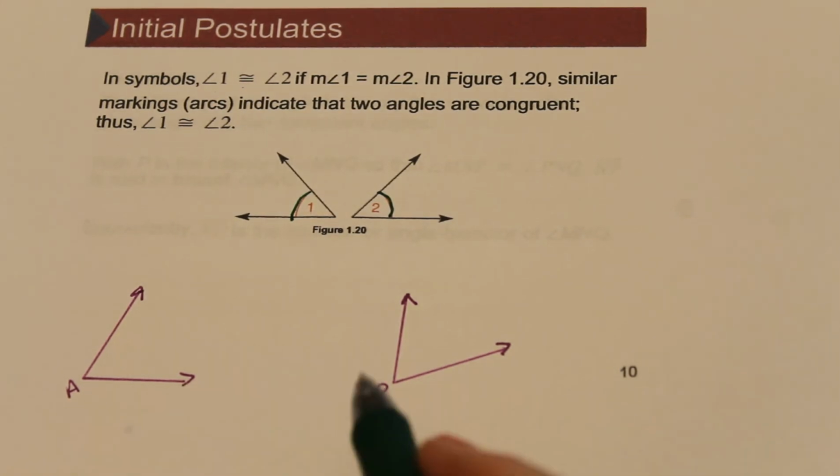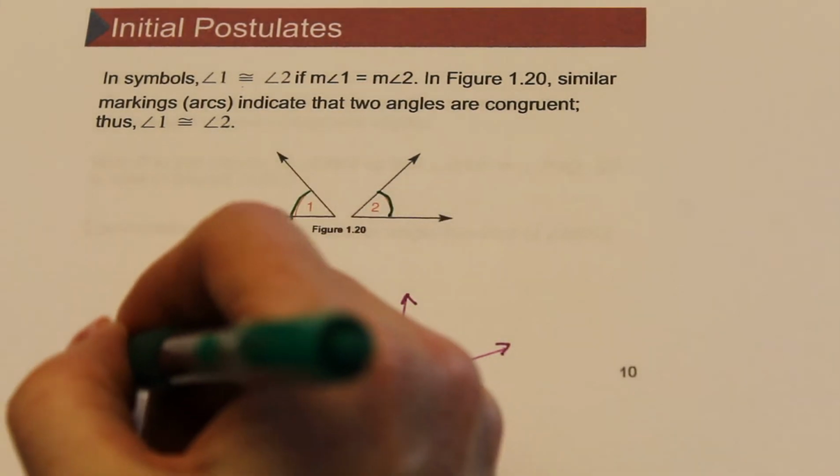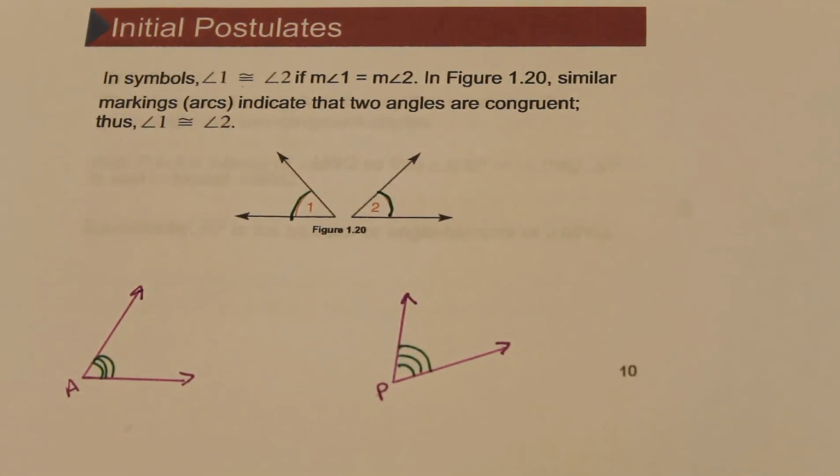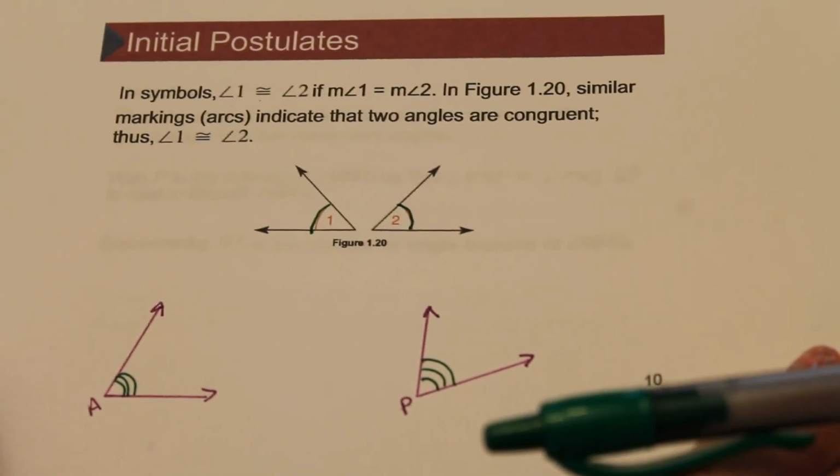So here I have angle A and angle P. If they both have 3 arcs, I know that angle A and angle P are congruent angles. So a lot of this notation